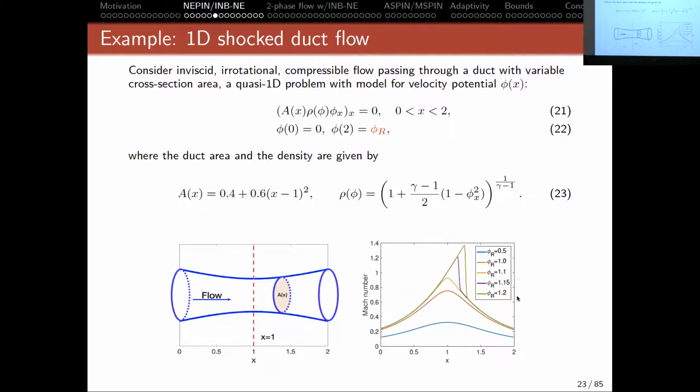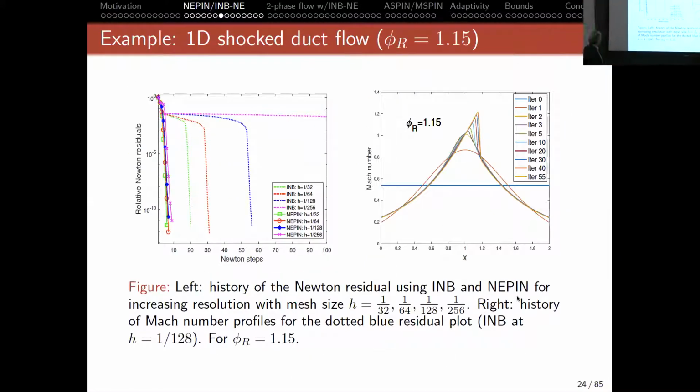How interesting? Well, here's the left-hand diagram showing in dashed curves the difficulty that a standard global Newton method has with this problem. And this is done for 4 mesh resolutions. And you see that the finer you make the mesh, the harder it gets for Newton to locate that shock. But once the shock is located, it drops the solution into it with a very quick quadratic convergence.